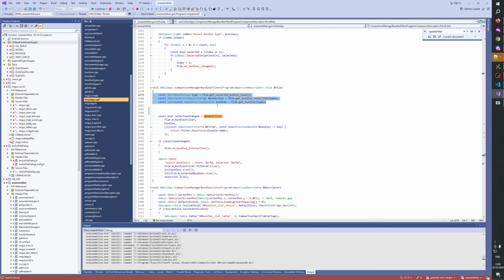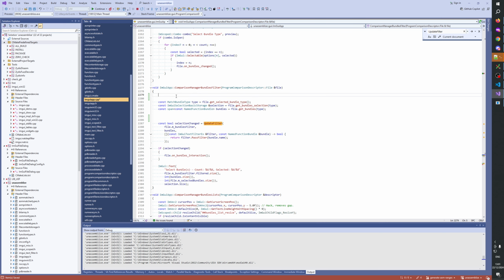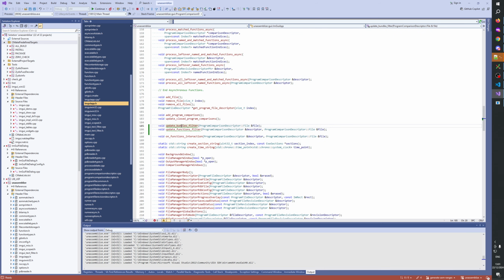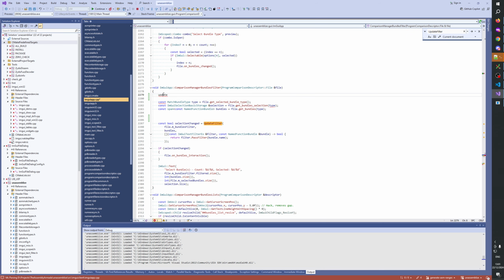It's not a super big deal, but it's a bit unfortunate because it's used down here and here. So basically here we would call update bundles filter, and then